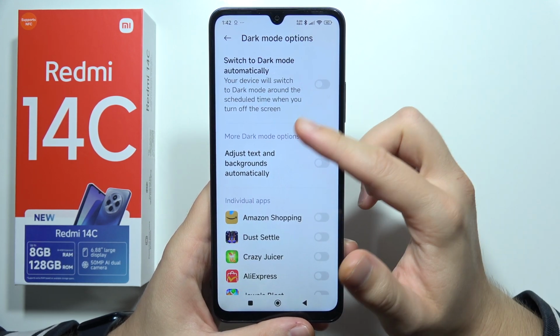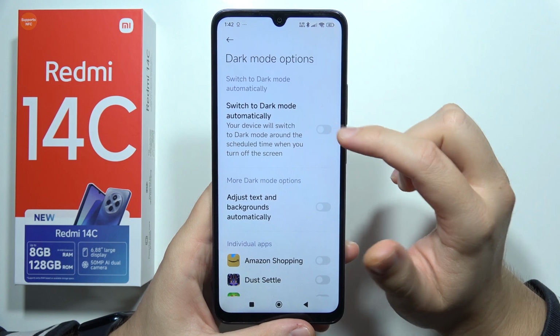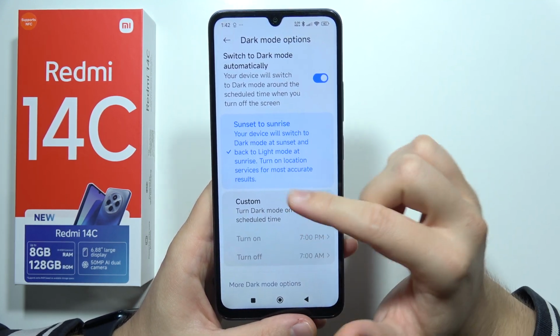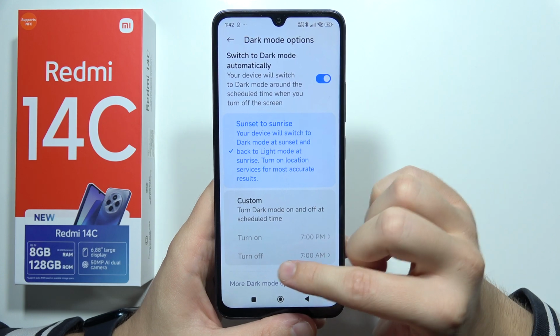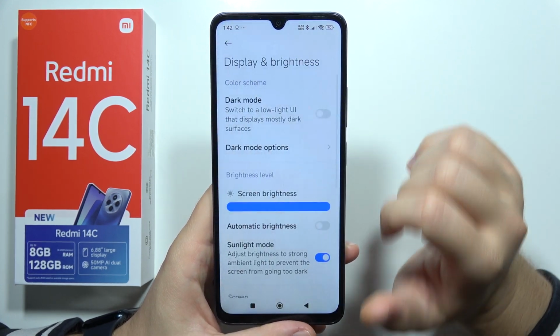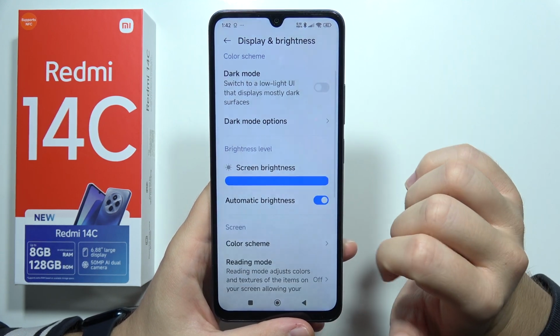We can also adjust the text and the background automatically by clicking on the switcher, and we can even get the scheduled time. So we can get from sunset to sunrise, or for example, the custom start and end time of this feature. Next, we can find the screen brightness, automatic screen brightness,